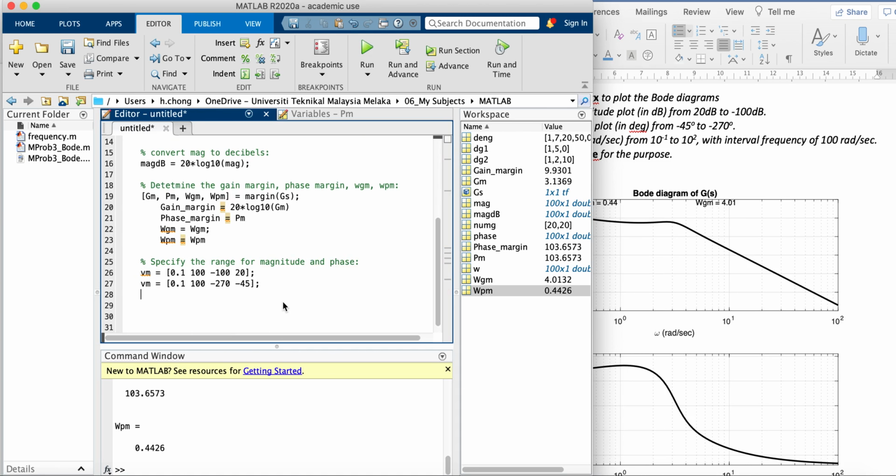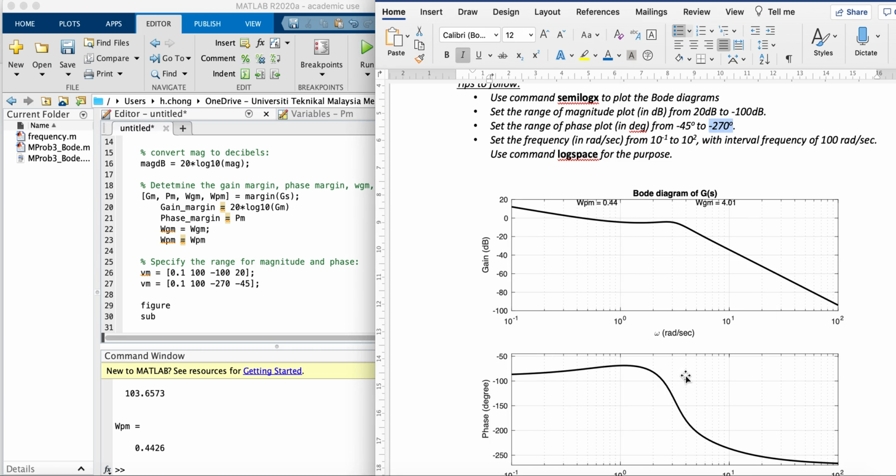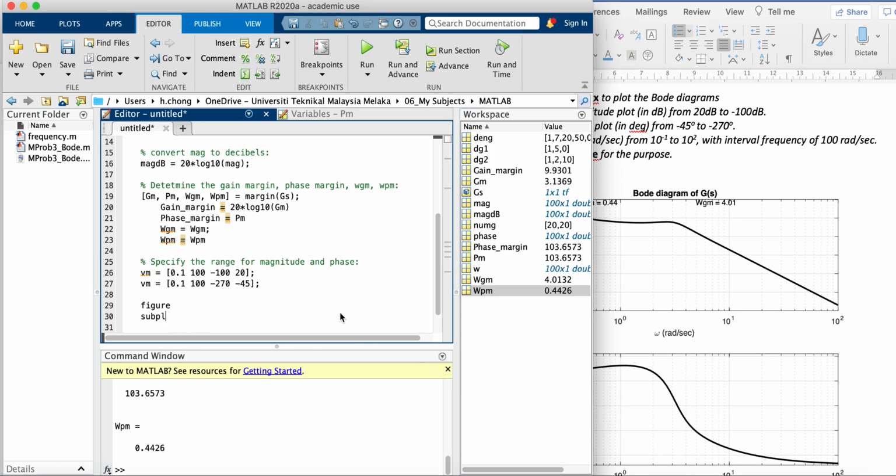Well, now that I already have this with us, let's plot. So figure. You see in one figure we have two plots, which means we should use subplot. We have two rows and one column, and this is the first one. Use semilogx,